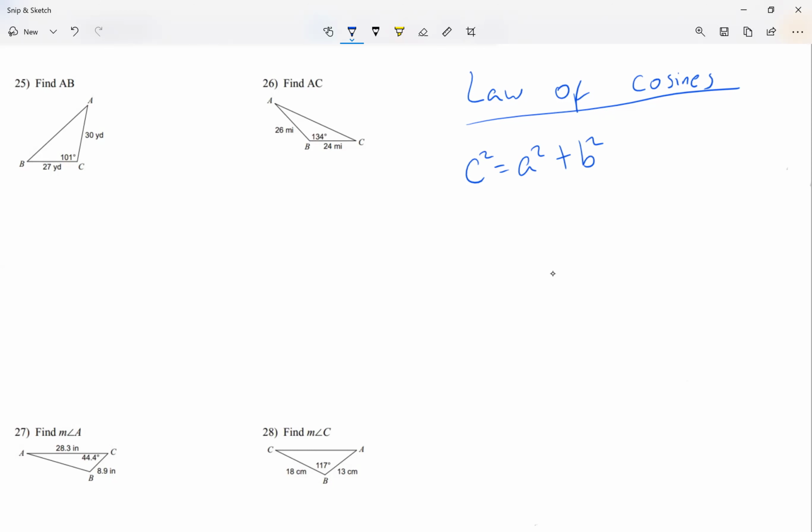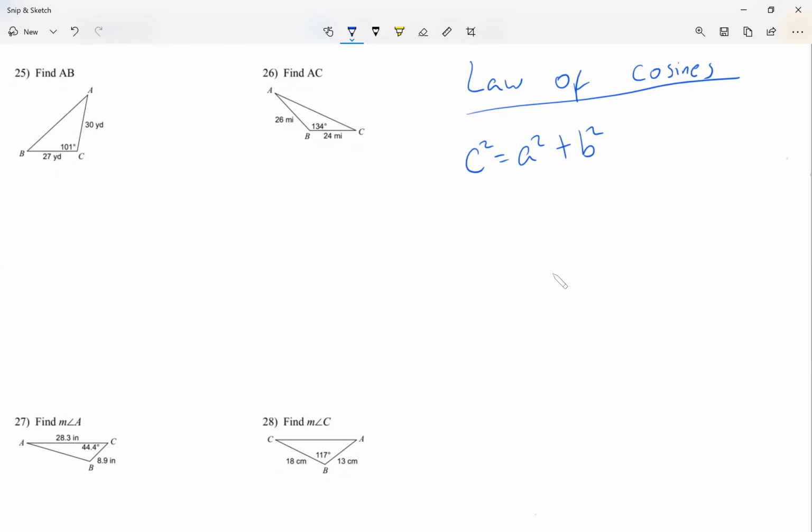Now the Pythagorean theorem, it works only if the triangle is a right triangle, right? The triangle has a 90-degree angle. But what if it doesn't? What if it does not have a 90-degree angle? So we're gonna change this a little. We're gonna say, okay, it is the Pythagorean theorem minus,